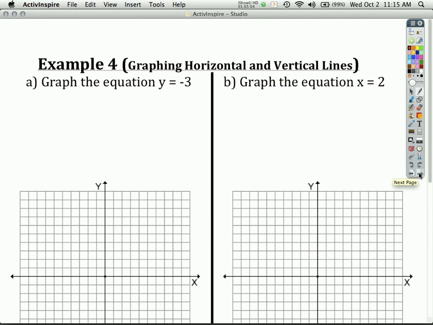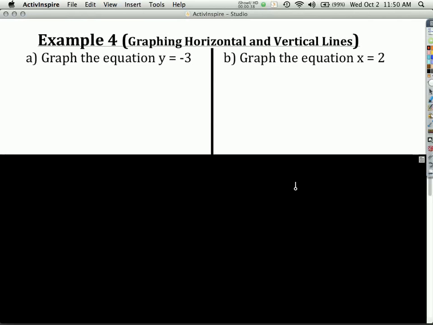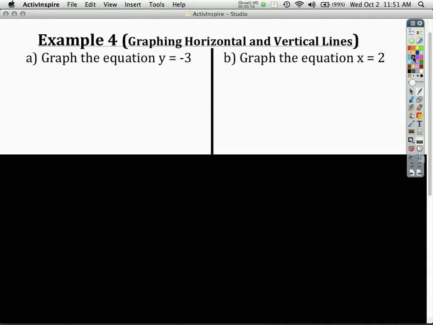I'm going to pause here. We have one last idea to go over. And I hid part of this on purpose. What does the graph of an equation like y equals -3 look like? So I'm going to do something up here. I don't want you to copy it. You can put your pencil down, I want you to look, watch, participate, try to understand. So if I were to make a table of values